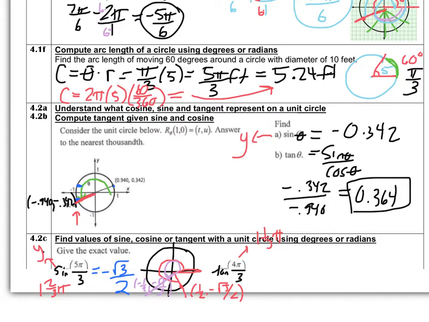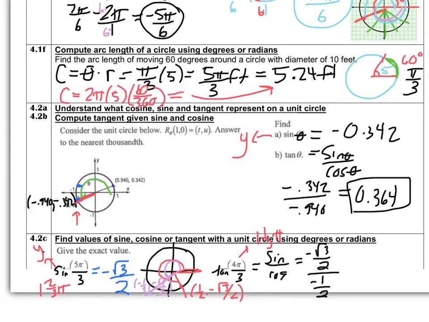So now what you're going to do is find the tangent. Definition of tangent is sine over cosine. So remember the sine is the y value. All we need to do is to go to the ordered pair. Remember sine is y, cosine is x. So I'm going to put the negative square root of 3 over 2 divided by -1/2. So if we do that, we'll have negative square root of 3 over 2,